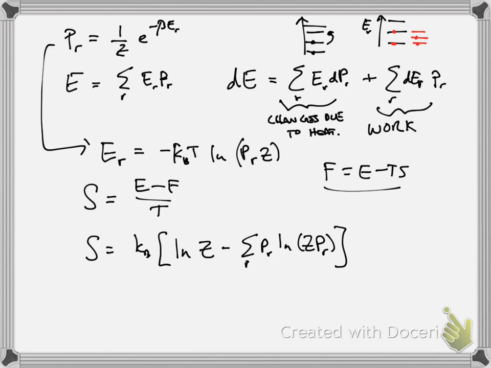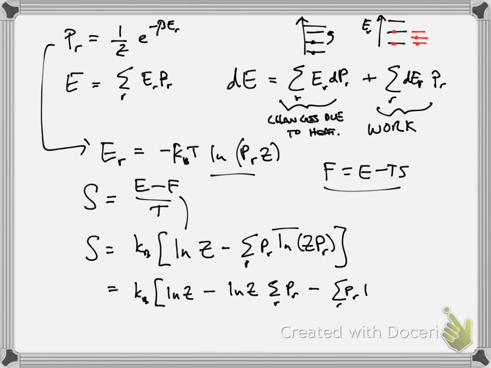Okay. And I can take the log of the product, which I got from here, because this bit comes from F, and this bit here comes from E. I can split up this log and move things around. If I do that, I'm going to have k Boltzmann out front of everything. That's going to give me the units I need. I'm going to have log Z, and then minus log Z times the sum of the probabilities, and then minus the sum of the probabilities times the log of the probabilities of each microstate. All right, this sum here is just 1. The probabilities are properly normalized, which means that this term and this term cancel, and we are left with the entropy being minus k Boltzmann